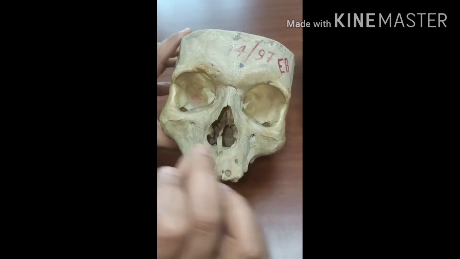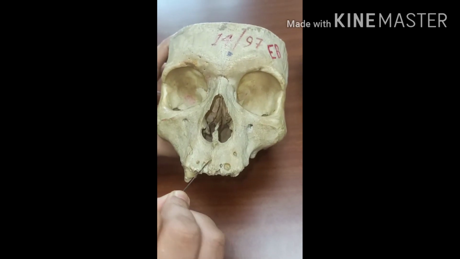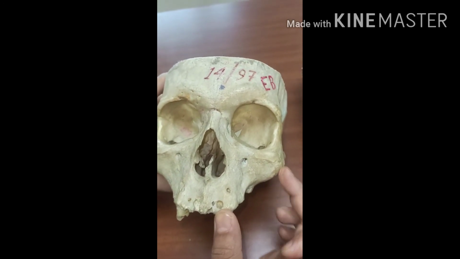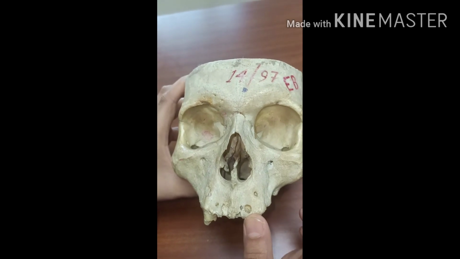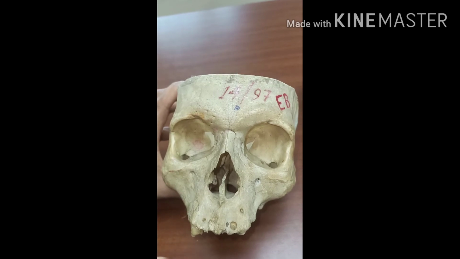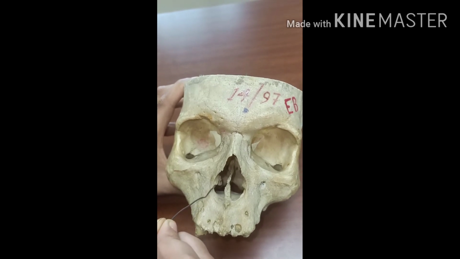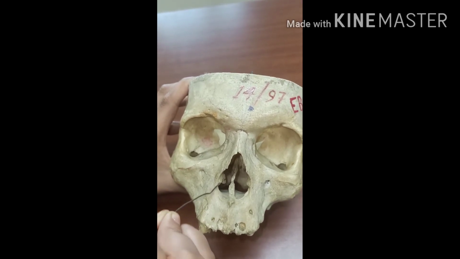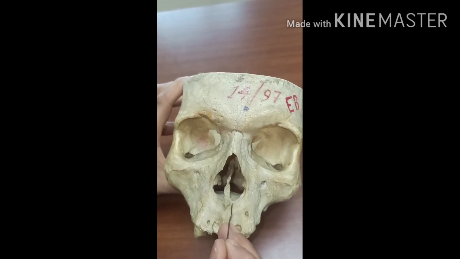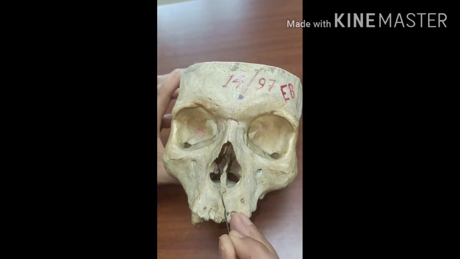Next is the lower part of the face. First we will study the maxilla. I told you this bone is the maxilla. The maxilla contributes largely in the formation of the facial skeleton. Now this is the anterior surface of the maxilla. The anterior surface of the body presents, first of all, this, you can see this is the nasal notch. The anterior surface of the body forms the nasal notch. Then with it, as we have just done, this is the nasal spine, the anterior nasal spine, because it is on the anterior side.